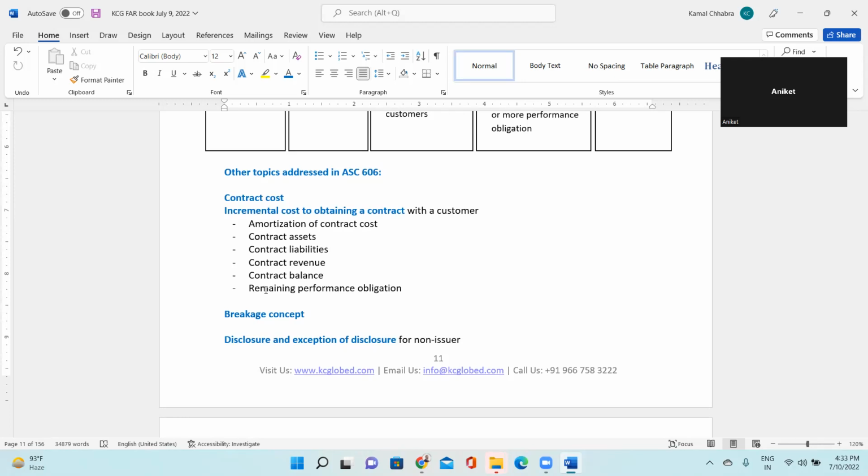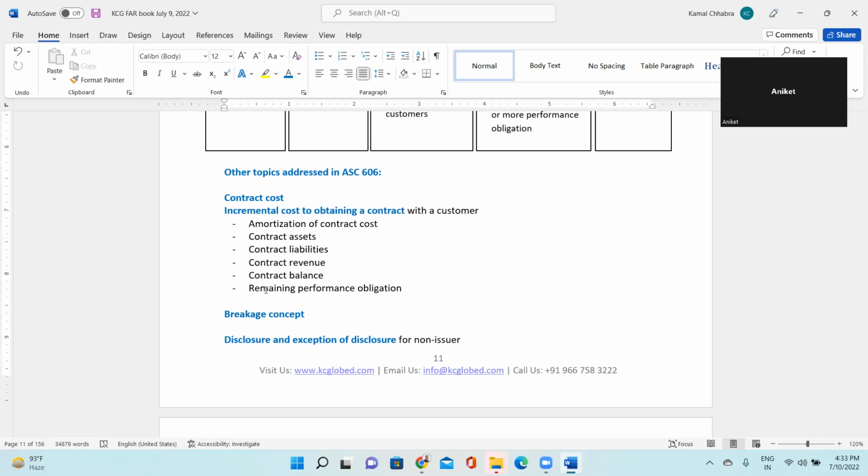So here you have an option in ASC 606. You can capitalize that cost and then amortize it over the period of the agreement. For that you can recognize a contract asset. For example, let's say you have paid $50,000 to obtain a contract. That includes your legal fees, your CPA fees, and your tender fees, everything clubbed together, for a $5 million project or tender.